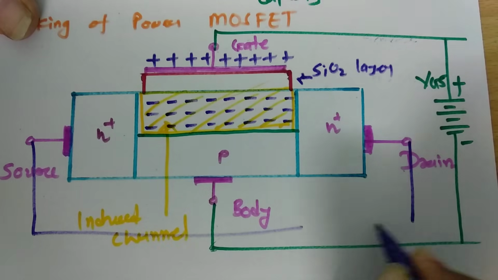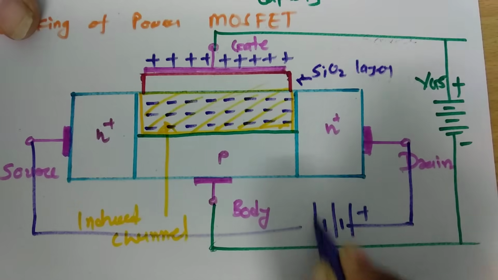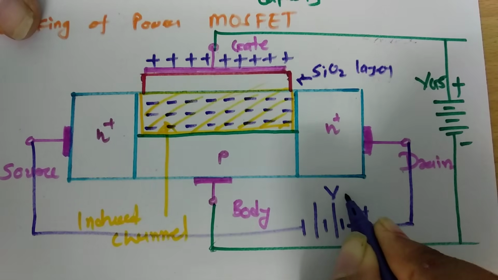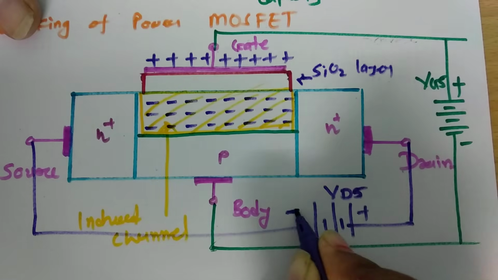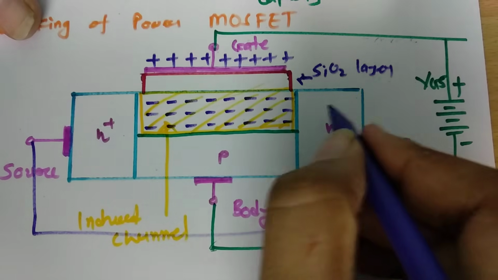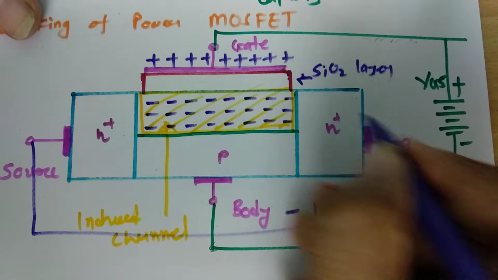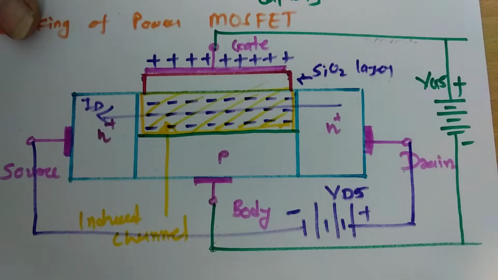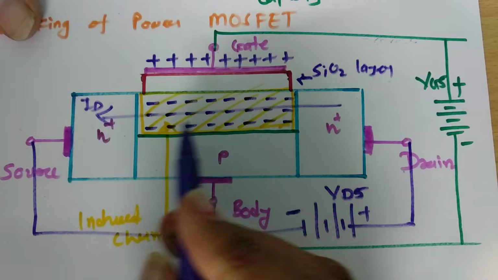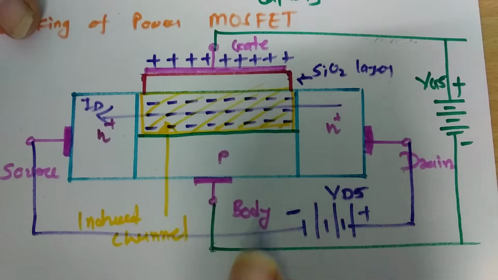with the drain connected to the positive terminal of the battery and the source connected to the negative terminal of the battery, so VDS. So in that case, now there is a channel created, so ultimately it will result in flow of current. So this is what ID, that will happen like this. If this channel is not there, then there will be a depletion region in between, and that depletion region will not allow flow of current to pass through it.